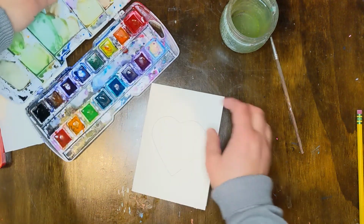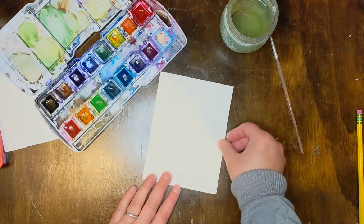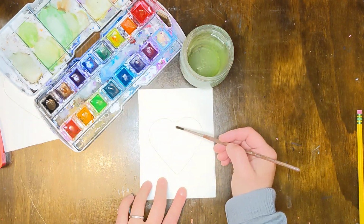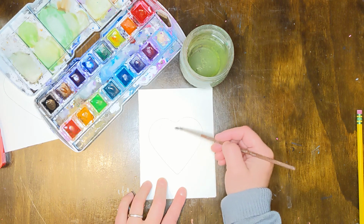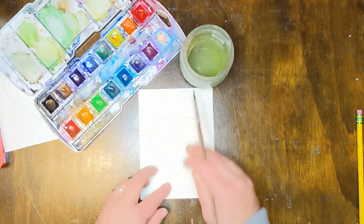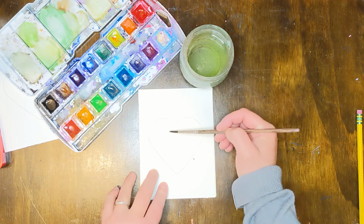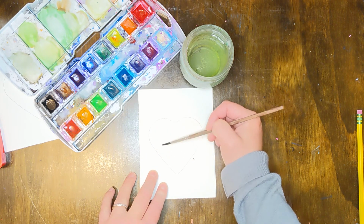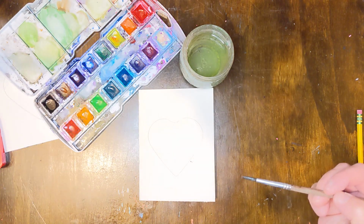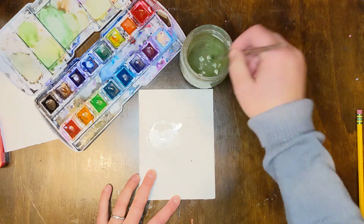So for this one, it's kind of hard to see the pencil line, but you're going to take your water and your paintbrush and fill in the inside of the heart. And as you go, you're going to go very carefully right up to the edge of the heart. It's a little tricky to see. I'm going to adjust my light here and see if that helps. Okay, so then